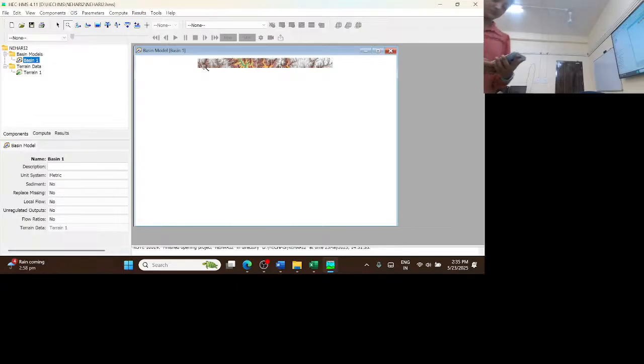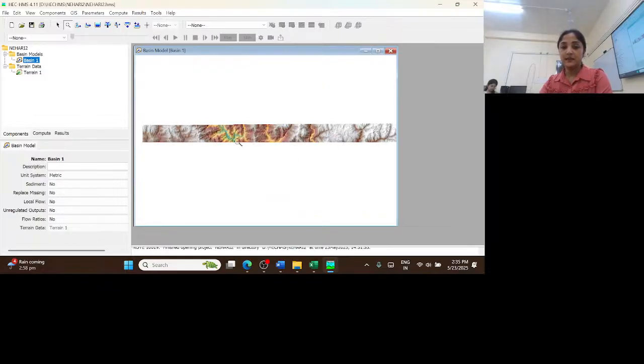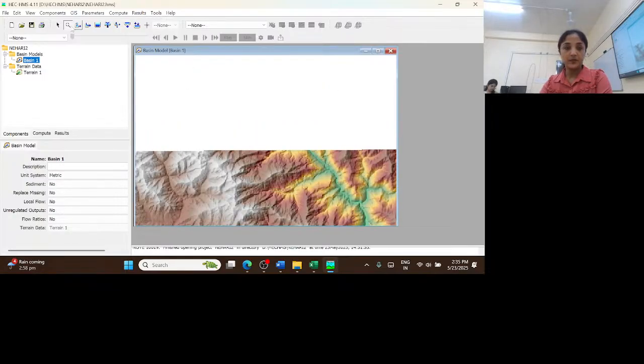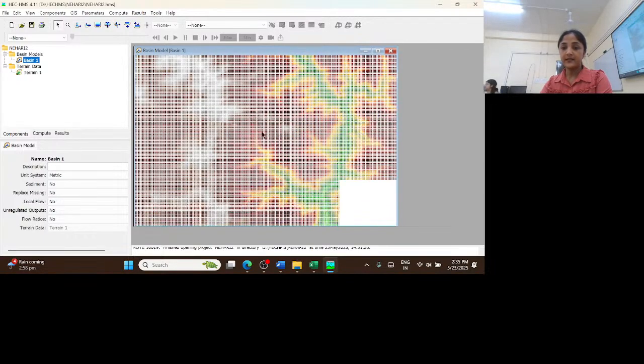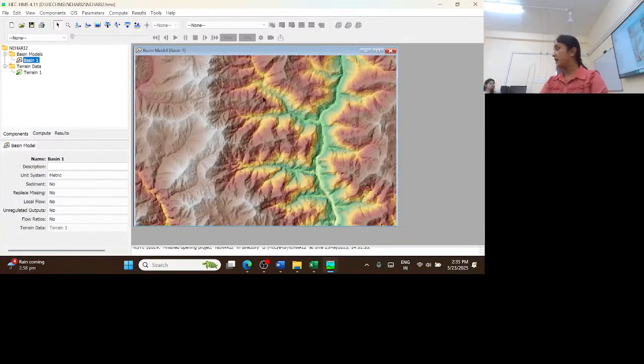I will just zoom it a bit. Now the DEM data is visible. Once we have imported this digital elevation model, the next step is to delineate the watershed. So to delineate the watershed,